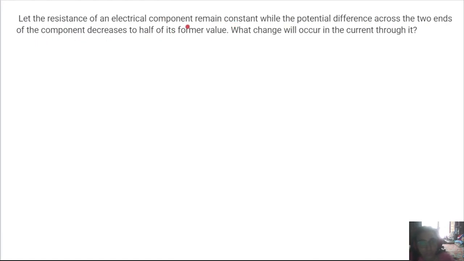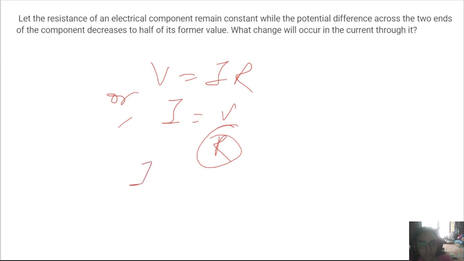Okay. Let the resistance of an electrical component remain constant while the potential difference across the two ends of the component decreases to half of its former value. What will be the current through it? Okay, so we know V equals IR, or I equals V by R. Here we are keeping the resistance constant, so we know I is directly proportional to V, right? So here, if the potential difference across the two ends decreases to half its former value, what will be the change? So